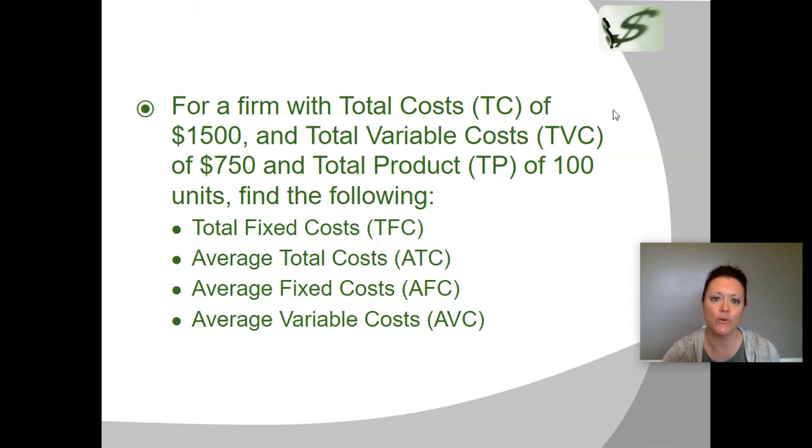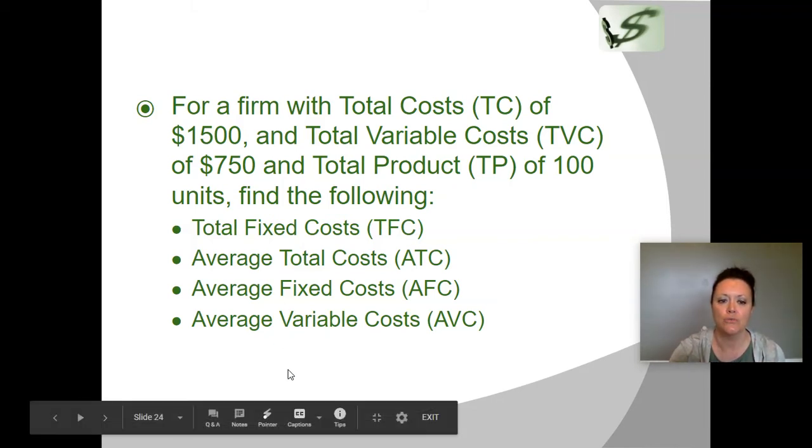All right, so this gives you a firm with total cost of $1,500, total variable cost of $750, and a total product of 100 units, and then asks you to find all of these other factors. So the way that you would calculate this: